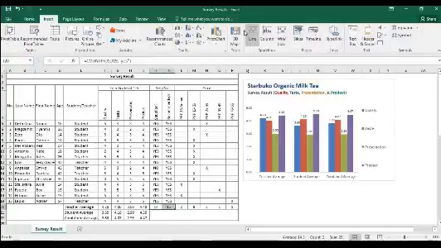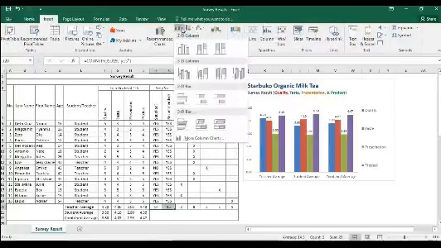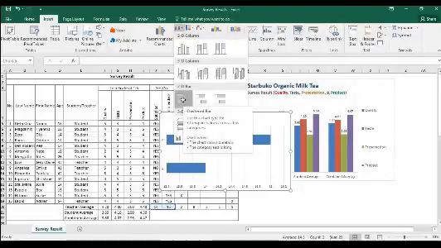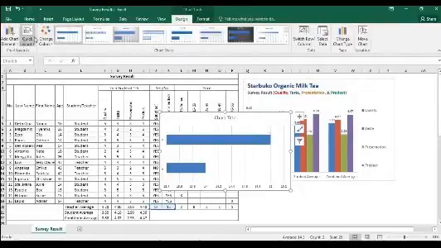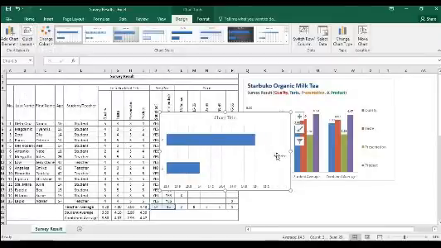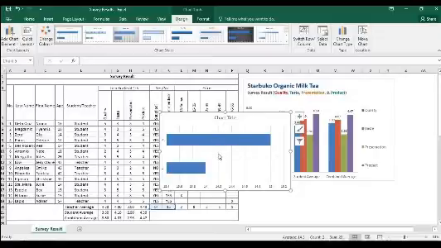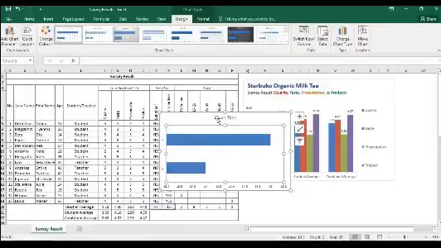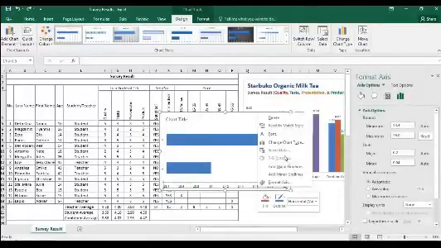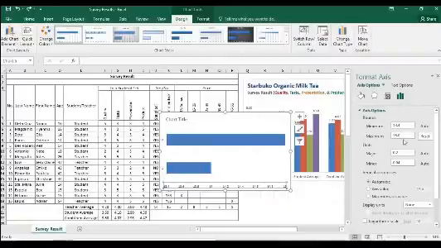Click on insert again, and then let's look for the horizontal, this one. Let's use this one, and then let's find the layout for that one. The layout we're going to use is still this one. Let's remove this series because we don't need that. And then let's remove the grid lines, and then for the chart title, let's move it here. And then for the numbers, let's go to format axis and change it to 1.